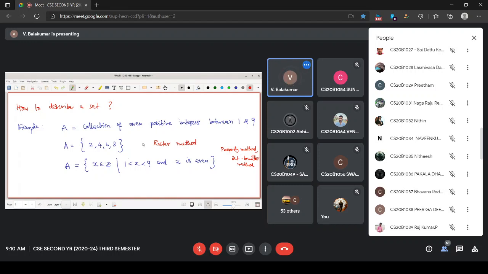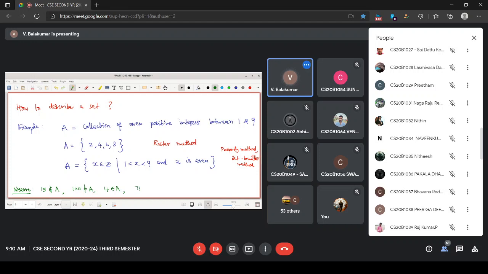Is it okay? Now I want to observe. 15 is a number. It is not belonging to A. And 100 is an even number that also is not belonging to A. If you give me 4, it belongs to this set.